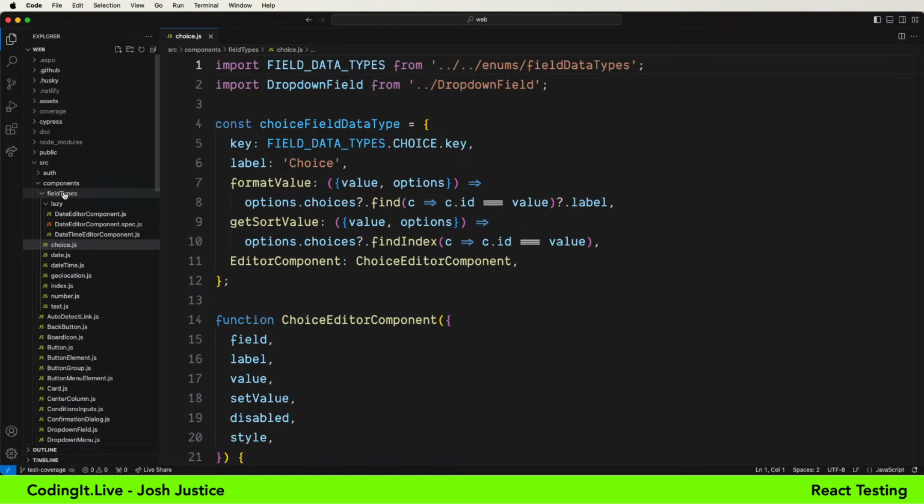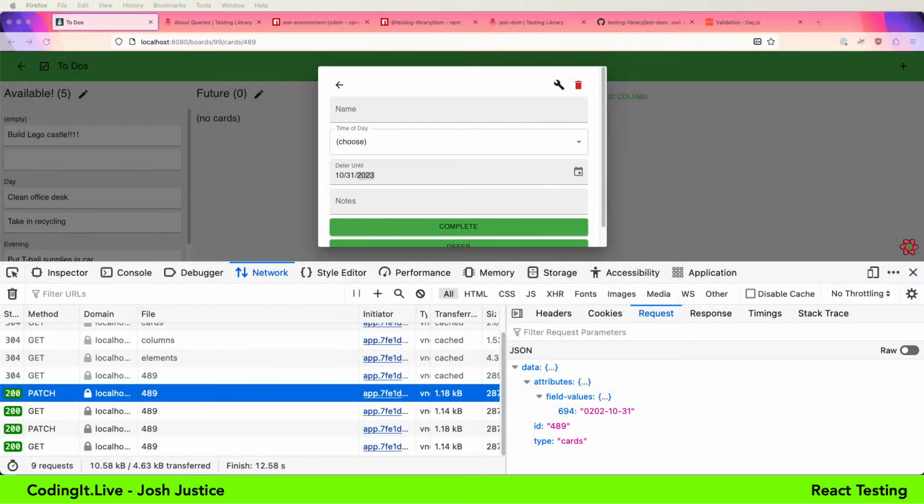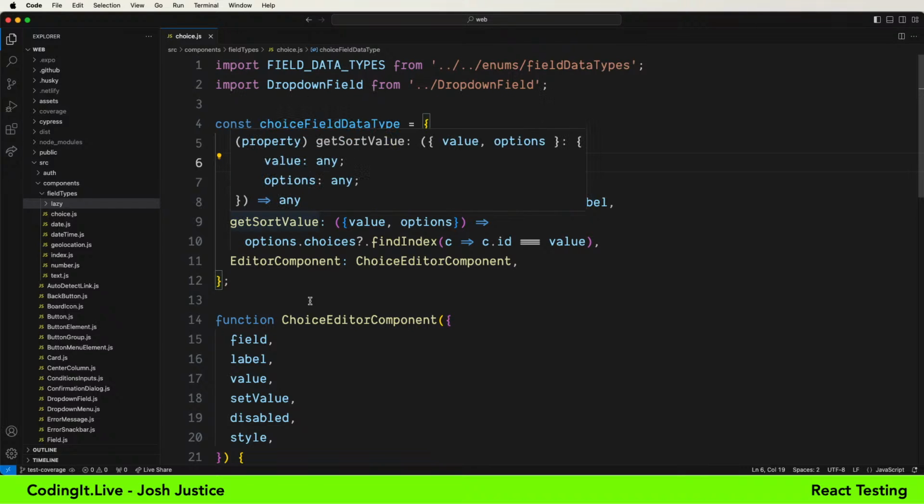We have the choice field next. Let's see how that works. First of all, we have the choice field data type. That's just an object here specifying some things. Because the Riverbed application dynamically looks up and lets you dynamically configure models like this, this stuff is all pulled up interactively as we go, just as the users use the application. So I need to be able to have the label to show on the screen, format value, and get sort value.